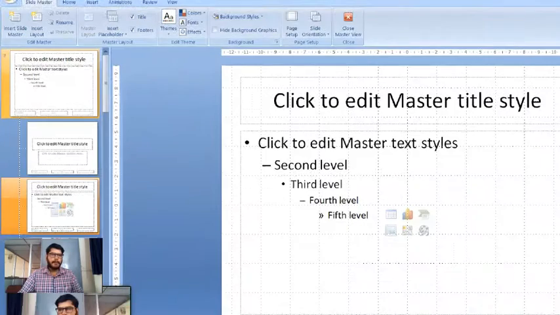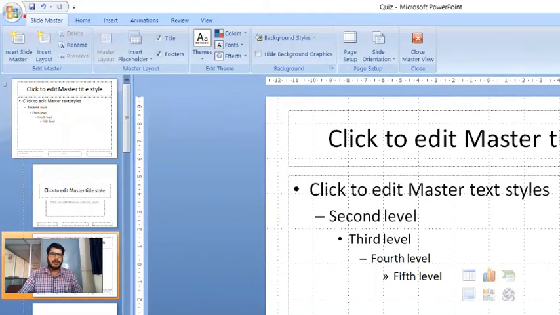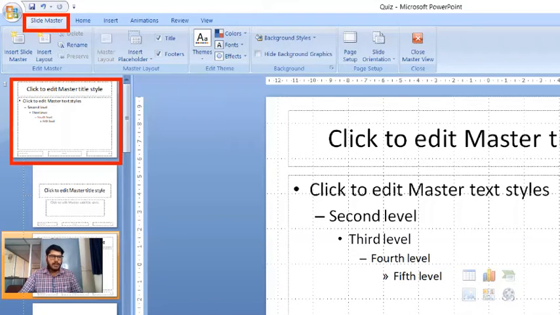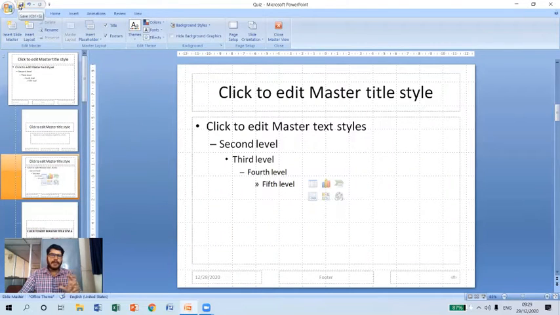You can see it is showing a slide master tab here, and also it is showing different layouts of these slides, wherein we can set the font style, we can set the font size, so that whatever the font size and style we are going to apply for this particular master slide, it will be automatically updated into the slides which we are going to prepare.